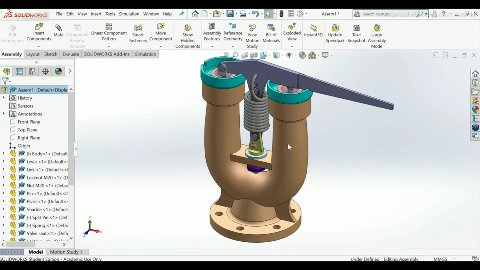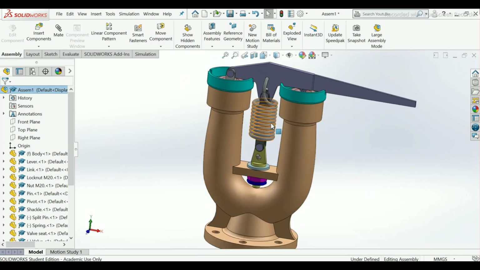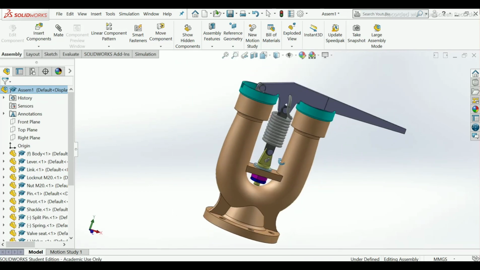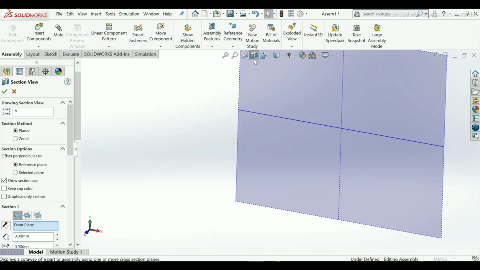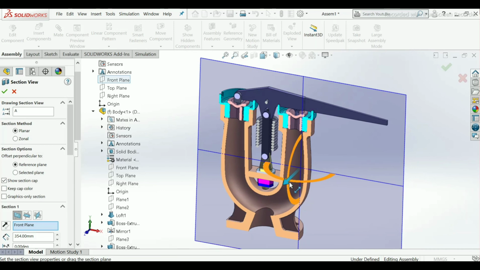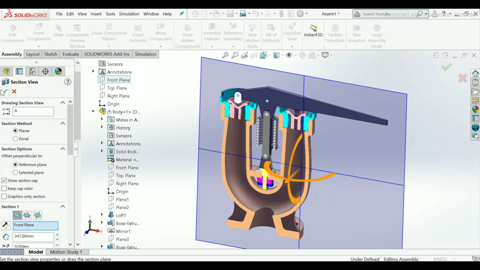Now our assembly has completed, you can see here. Or you can also see it in section view. Okay.